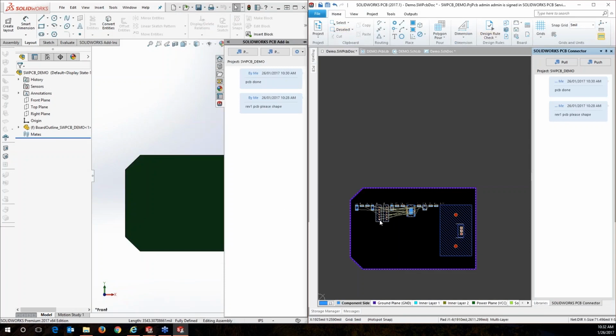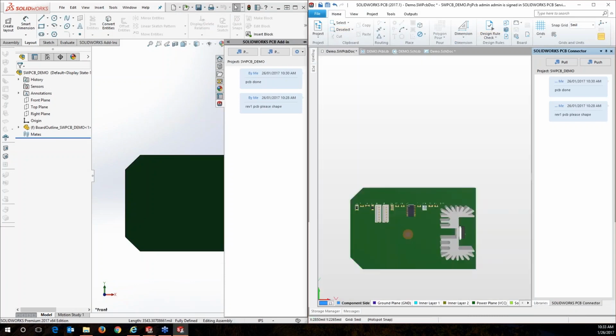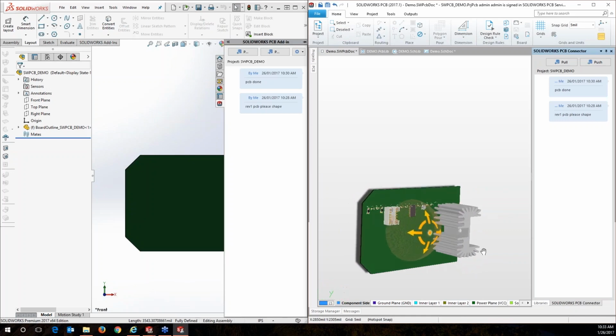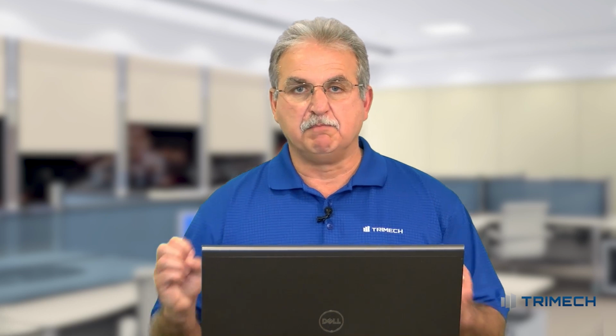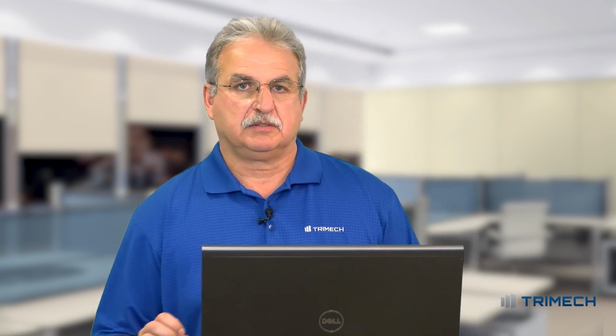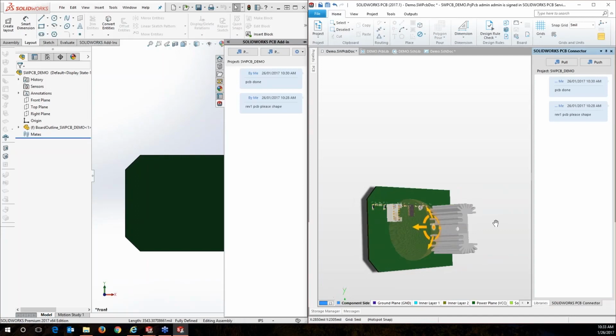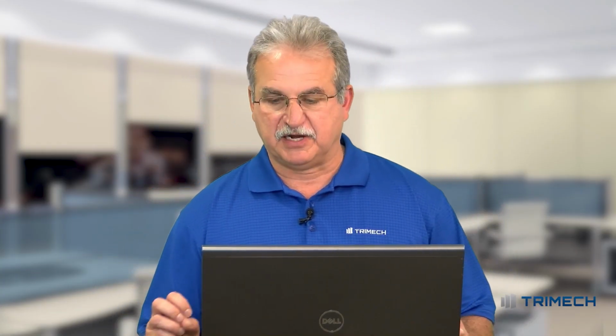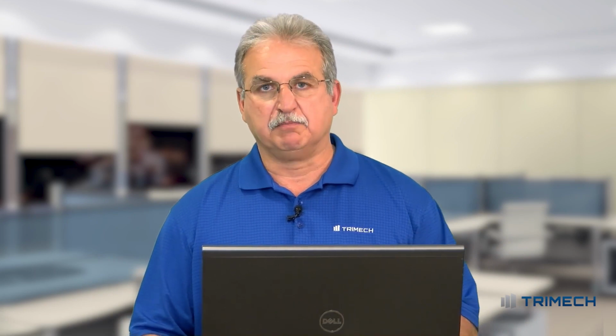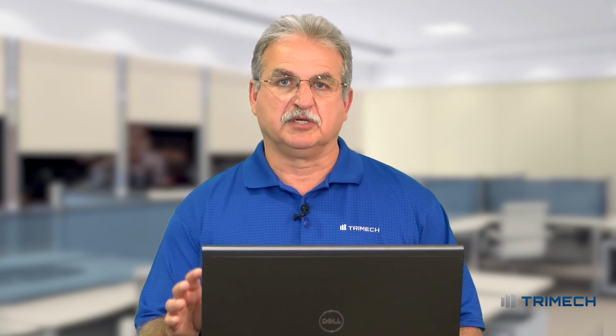Now, I'm going to go into 3D mode here real quick and show you, here's all the 3D models. Now, what I need to do is transfer these models over to the mechanical side. All these models are embedded inside the SolidWorks PCB library. I have a 2D footprint, and I've embedded the 3D models onto those footprints. Step file, a Parasolid, a SolidWorks PRT file. I can bring those in and embed them in my library, and they're always going to be there to use